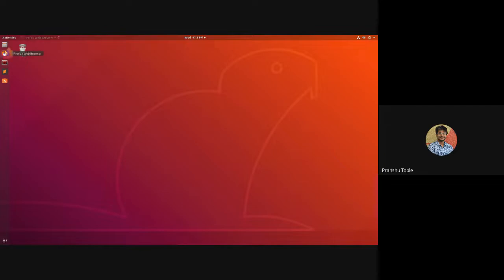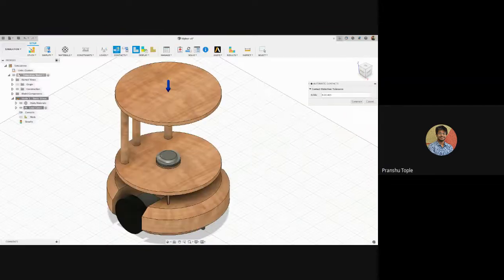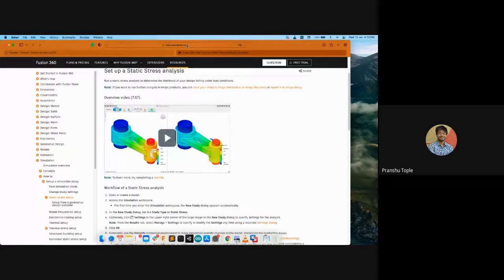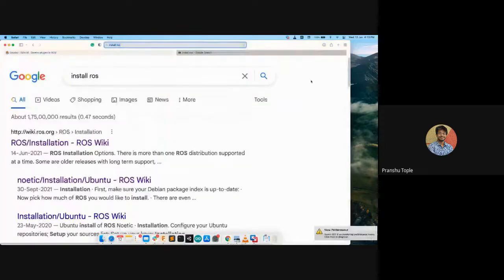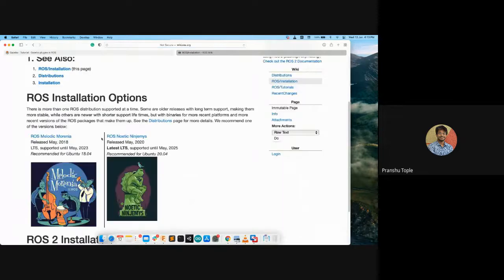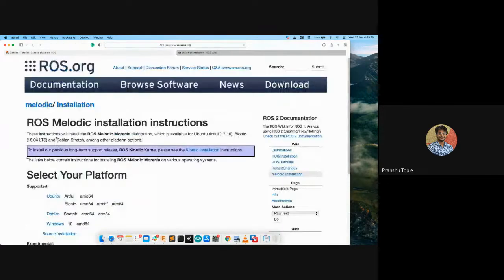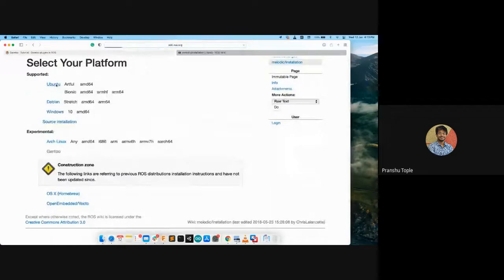So even if you go to the ROS official website, I will show you this thing. I will stop this. Install ROS Melodic for Ubuntu.